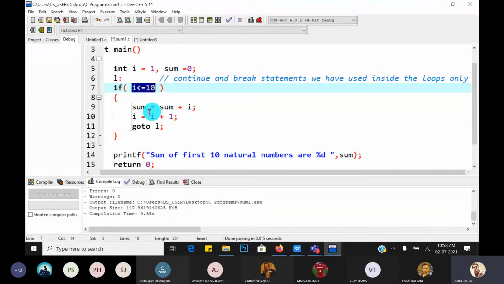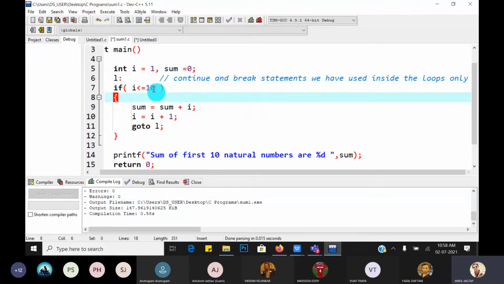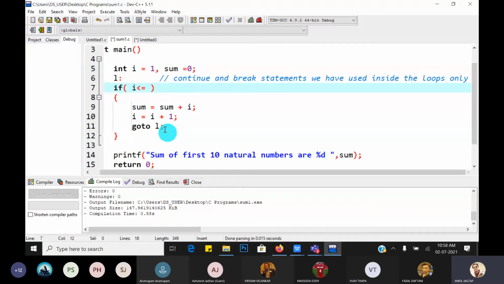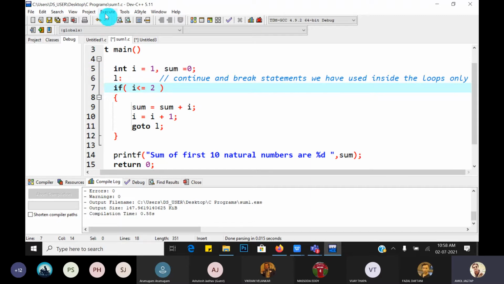Till the condition is true, because we have to increment the i value. So for execution purposes, I have taken only 2. That means we find the sum of the first 2 natural numbers, that is 3. Okay, before that, first compile.